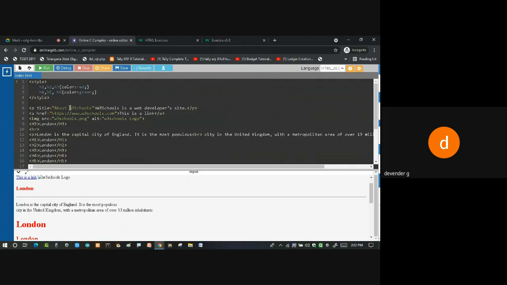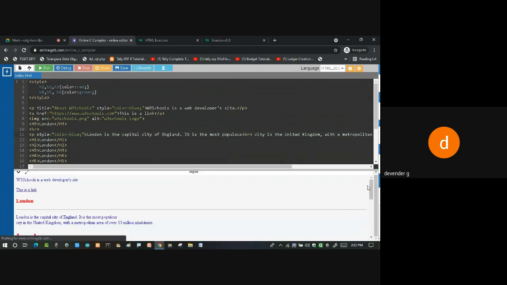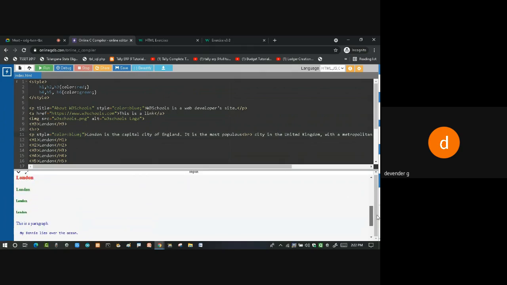Suppose if I want for this paragraph, then I'll be saying go to this particular paragraph, write like this. So when I'm writing like this, for every tag I have to search, I have to apply. For every paragraph I have to search and apply the style. So it is a very tedious job for me to do this kind of work. If I miss anything, then I may miss that particular text also. I may forget that particular one.